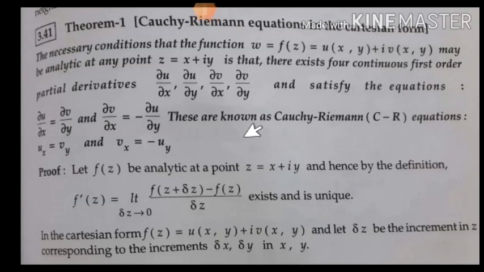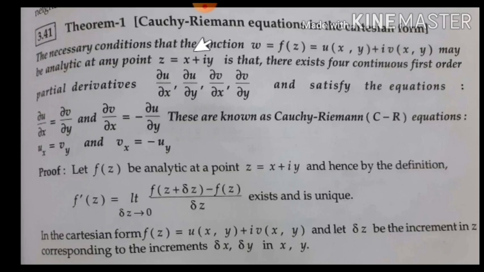In Module 1, first we studied the Cauchy-Riemann equation in Cartesian form and in polar form. Obtain a Cauchy-Riemann equation in Cartesian form, or obtain a Cauchy-Riemann equation in polar form, are definite derivations which you are going to get in the examination. So the statement of the